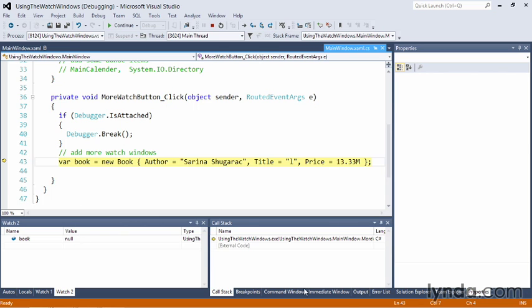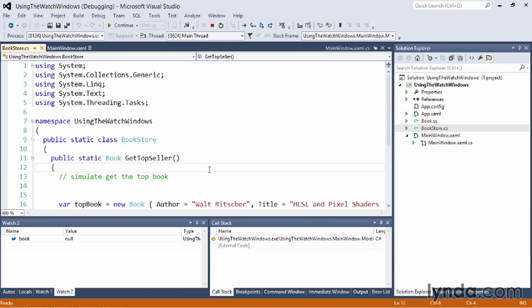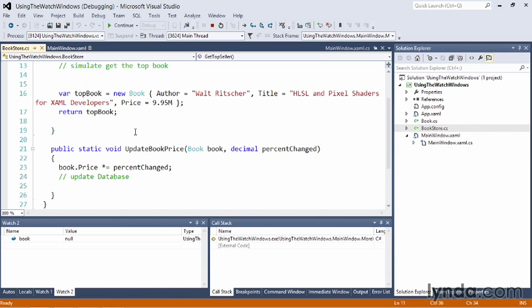Next, I'm going to talk about another class that I have called the Bookstore class. And this is a class that I wrote that's got a static method called getTopSeller, and it has a method called updateBookPrice. What I want to show you is that you can call these methods from the watch window. So I'll switch back to main